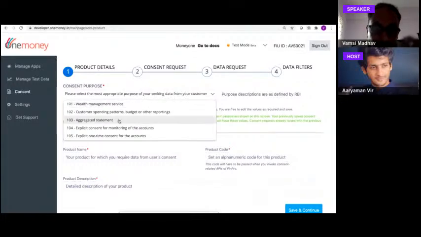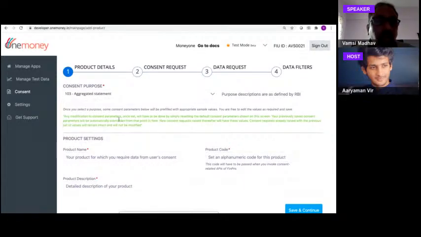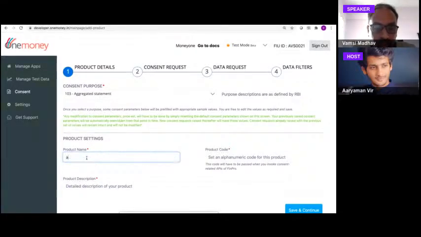So let's say AVS Unicorn simply wants to offer a simple smart loan. That's their product, right? And for that, the purpose of seeking data is to analyze the aggregated statement. Now, once you select a purpose, some of these consent parameters below are actually pre-filled with appropriate sample values, to make your life easier, right? So you don't have to sweat over what's a good value and what's not. But what you do have to do is just tell us your product name. So I'm going to call it, let's say,